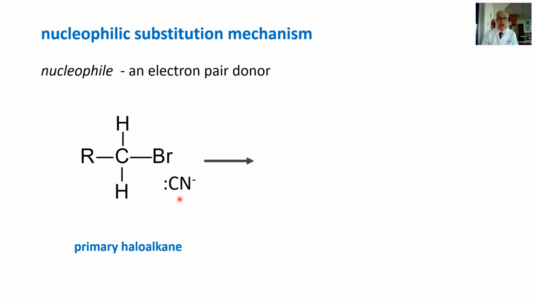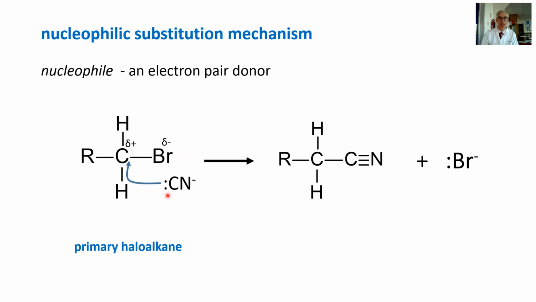Okay, so if we're going to form the nitrile with the bromide ion being the leaving group, then we need to have bond polarities which allow for the donation of an electron pair. So carbon delta plus, bromine is more electronegative, so bromine delta minus. And we have a lone pair of electrons on the carbon